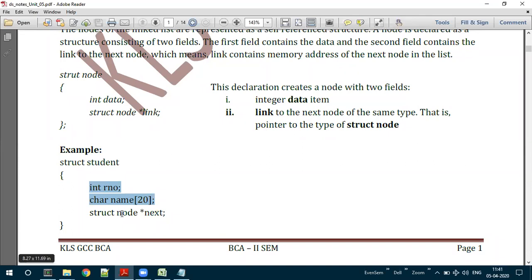The data or the information. The data of this particular student is roll number and name. These both will act as the data, whereas the third one, in this case, is next. This next is what? It is a link or reference to the same structure. There is a typo here. This is struct student, not struct node. It is struct student.